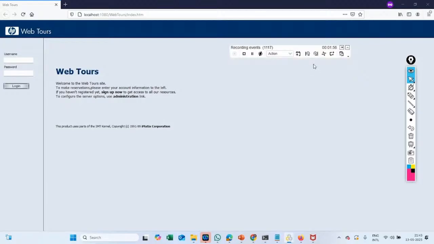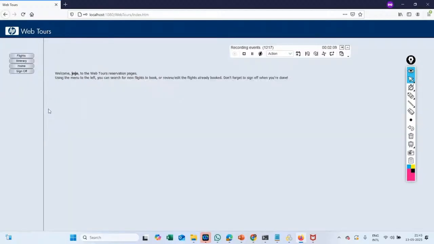Click OK. And then don't click on this end transaction. Before clicking on that, just perform the action on the UI. That means enter the username and password and click on the login button like this. Now login is completed. Now wait for a few seconds and then click on this end transaction login. That means we are ending the login here. What is the next action we have to perform